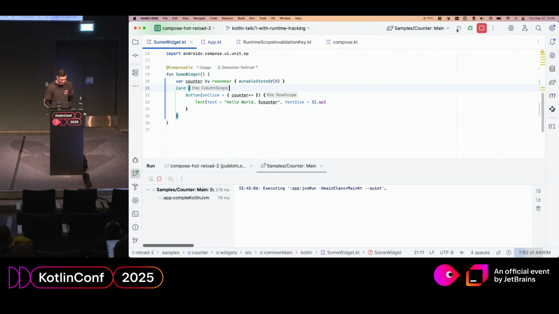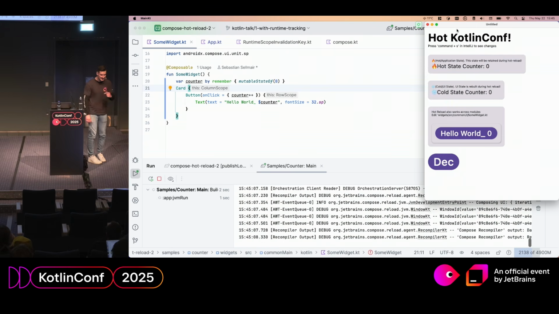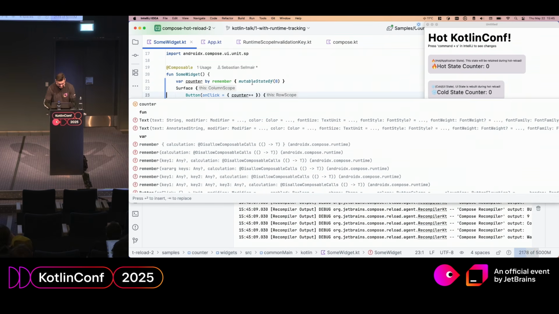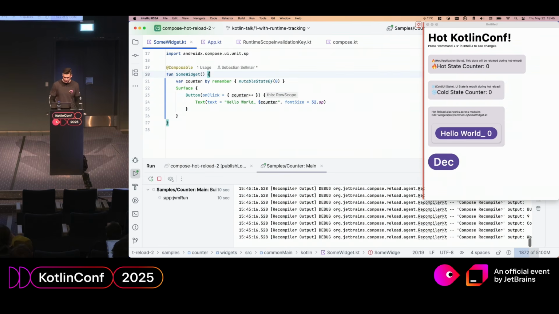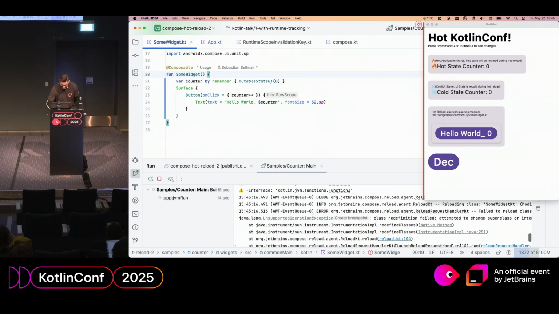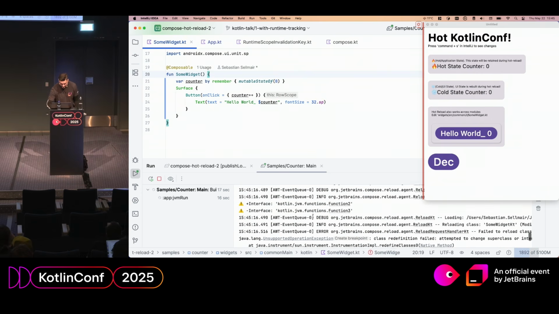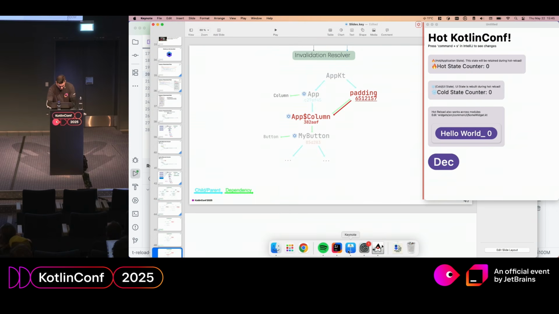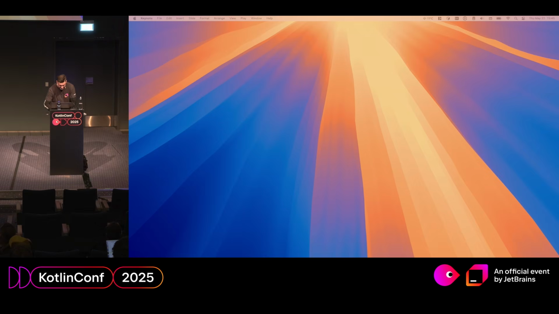Now, let's run it again, because it's not even the only issue I found. I want to focus on the second one. What I also found is me switching from using a card to a surface here, and I press Command S to reload the code in this version of hot reload. It renders the entire application red, and it's super scary. It says unsupported operation exception. Somebody added function 2, somebody removed the function interface, function 3. So that sounds strange. So let me go back to the presentation